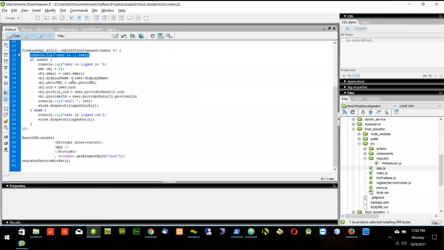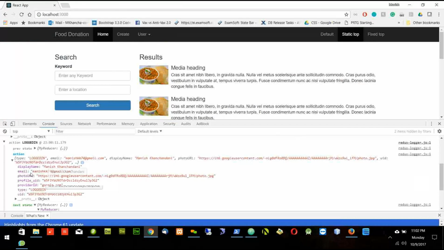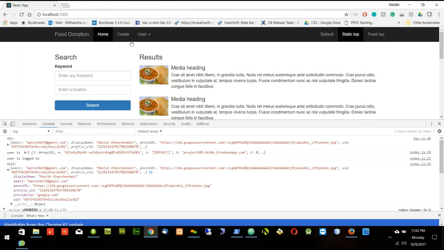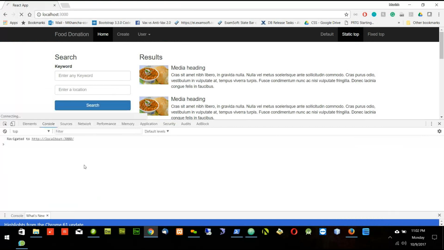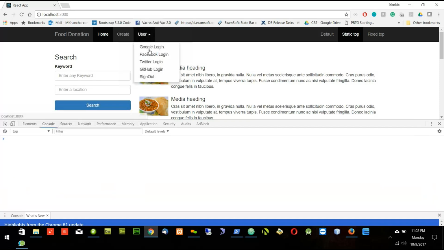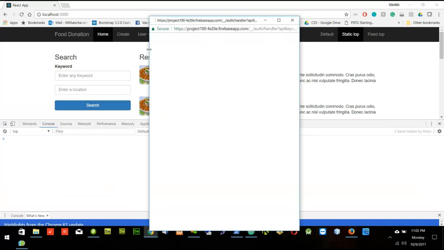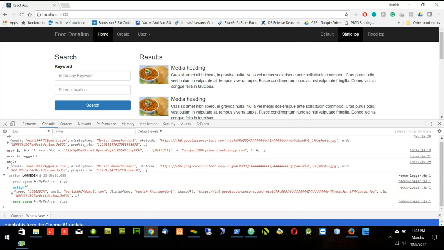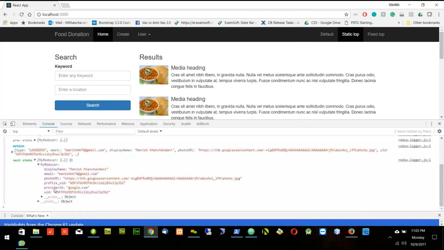So now, once you are done with this step, just check the things which I did. First, you do logout and then refresh it. So you will see user is null, user is logged out. Previous state and next state will be same because user is logged out. Now, if you log in, you will see previous state will be the null, but the next state will be having all the information